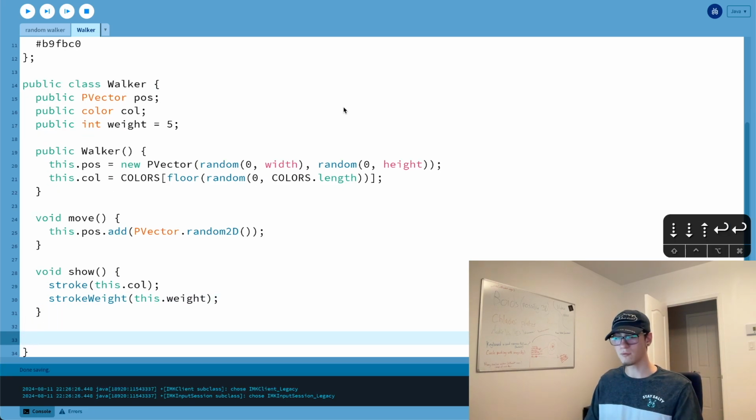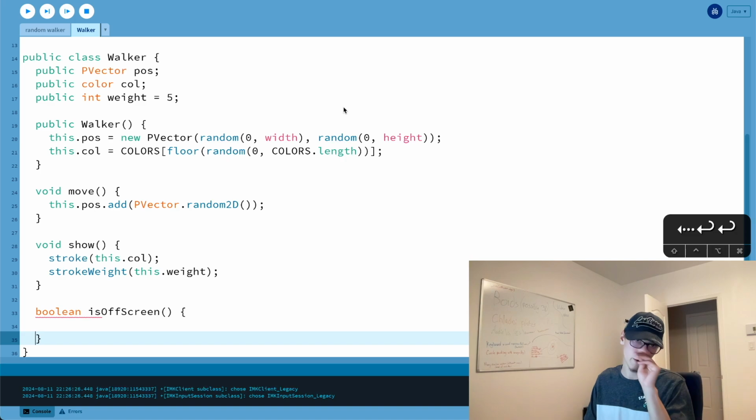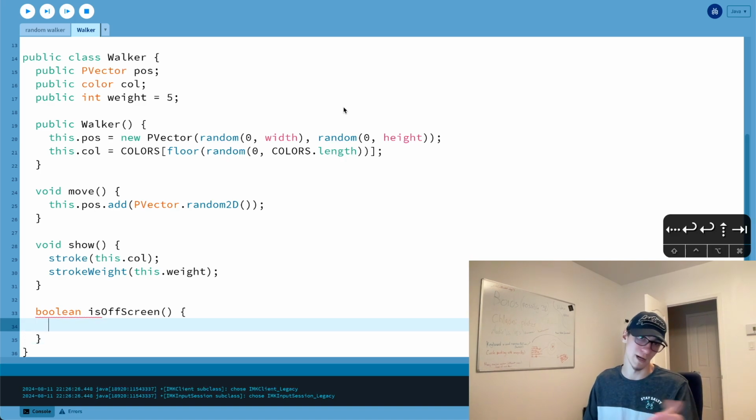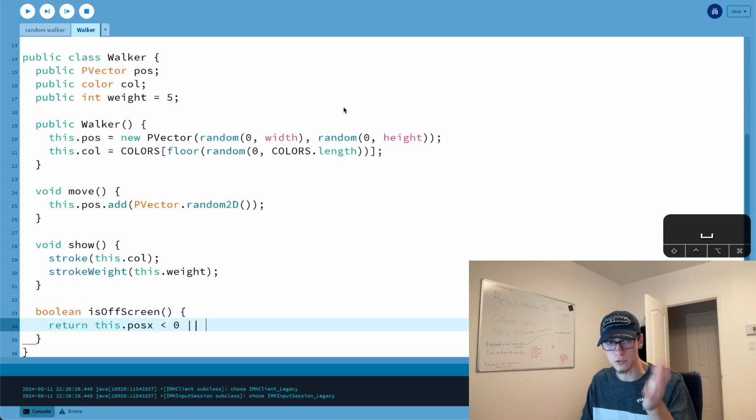Okay, I will want also a function that returns a boolean, maybe called isOffScreen, because the random walker is most probably going to go off screen, and I will want to reset it once it goes off screen. So I'll need a function to check if it is off screen. So basically just checking if this.x is smaller than 0, and same thing with height, and with width, which is smaller than 0, and not greater than, sorry, than the width and the height. Width, and then